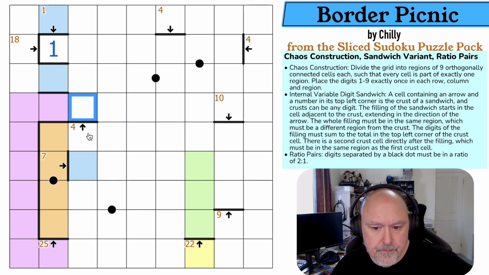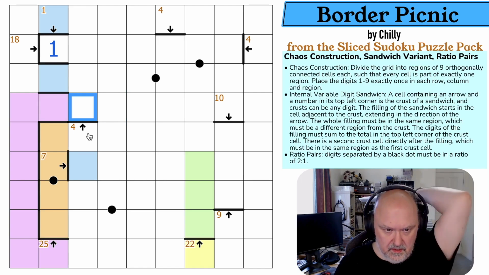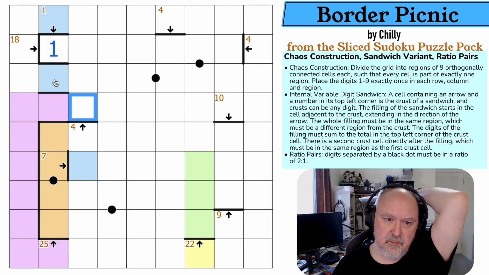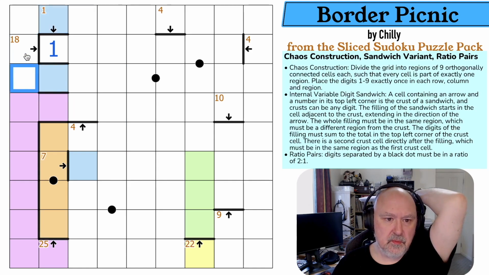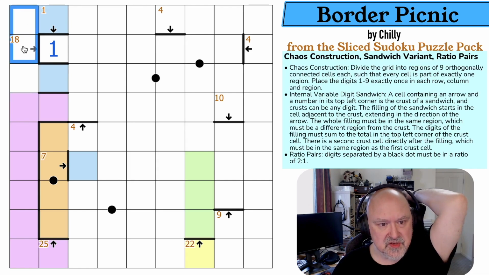Oh, I don't understand. Does blue have to go this way? If blue doesn't go this way, like if this was purple, blue could do this. Blue doesn't have to go this way. But what color can that be? It can only be blue or purple. They're the only things that can get in. But purple, and the same is true of these, but purple can't get up here because the purple is already